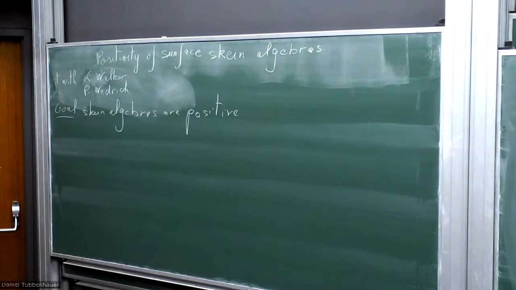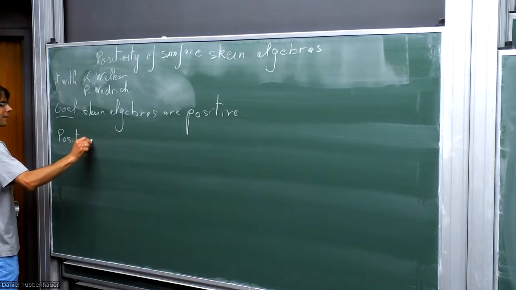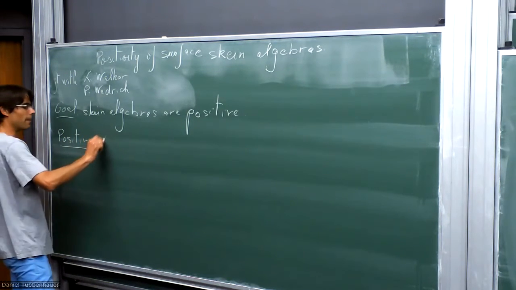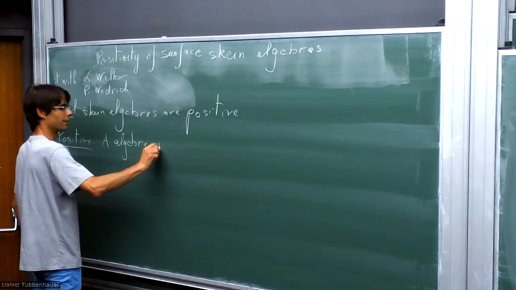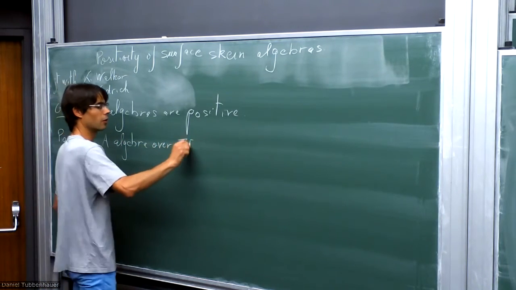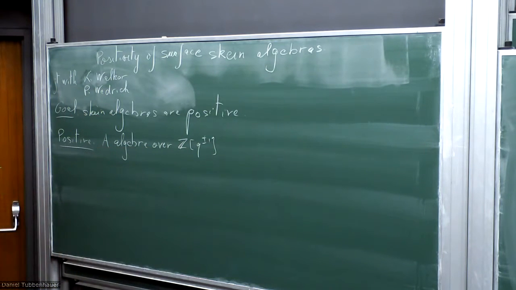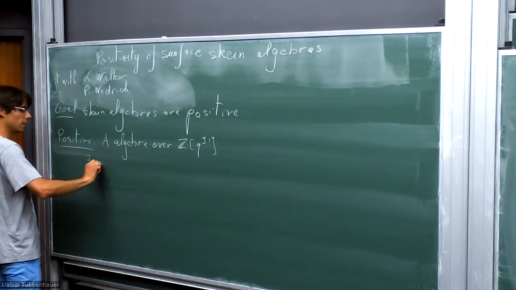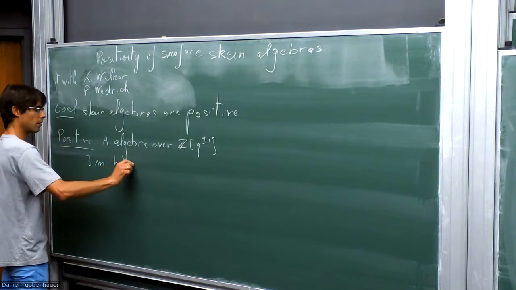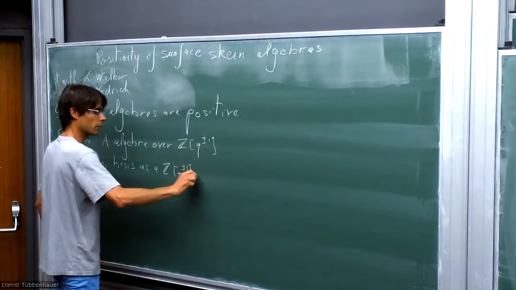And if you don't know what positive means, so if you take an algebra over say Z or Q, then we work with Z over R. Then it is said to be positive if there is a basis as a module, a Q plus module,